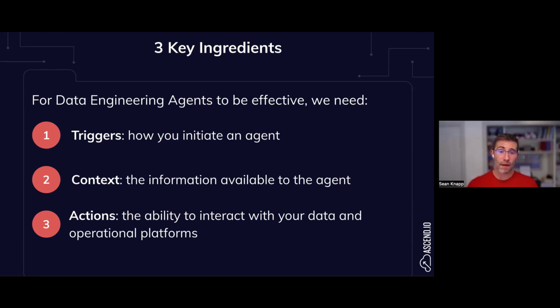So the agents get everything that you would be able to get from a visual interface or from logs, but they have the access to get all that data as well, which is really important. And then third, and this is the last key ingredient that we see with data engineering agents, is once you can trigger them on any event and you can give them a ton of context, they need the ability to take action. They need the ability to file an incident, or file a ticket,